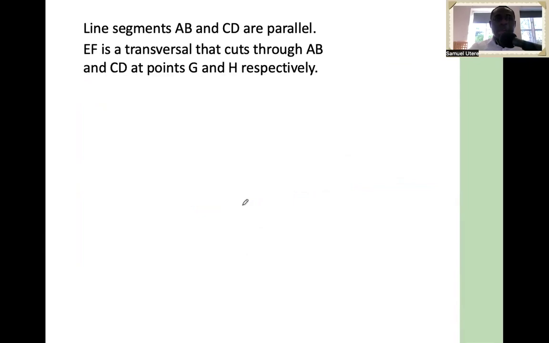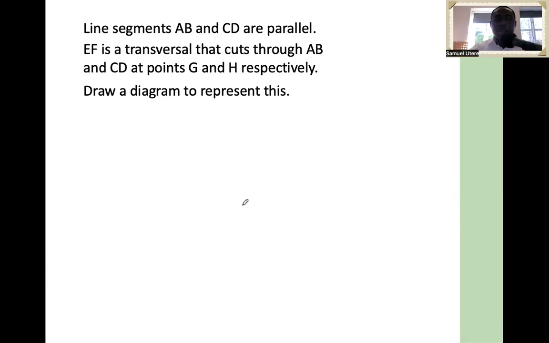Line segments AB and CD are parallel. EF is a transversal that cuts through AB and CD at points G and H respectively. We've been asked to draw a diagram to represent this. Have a think. Would you be able to do this? Of course, I'm sure you would have had a think, and I'm sure you'll be able to do this, but